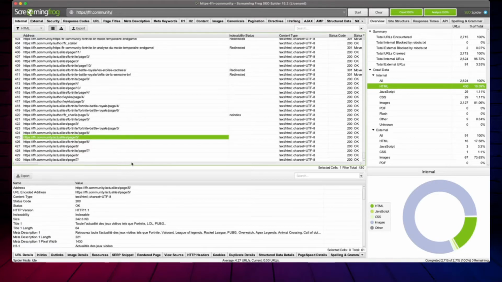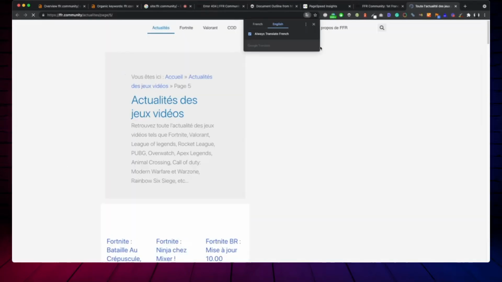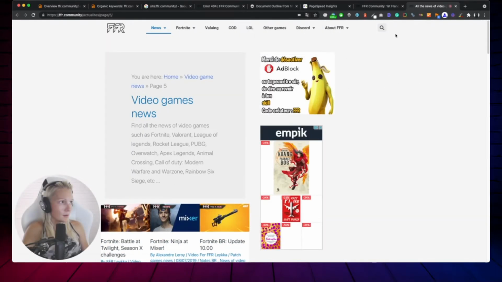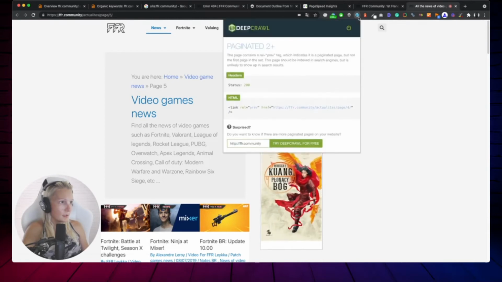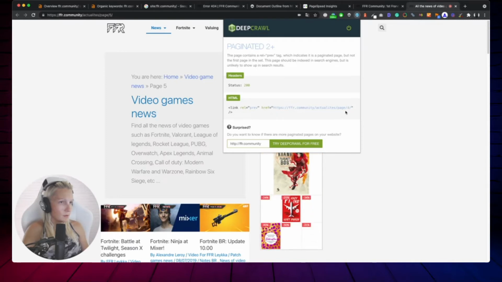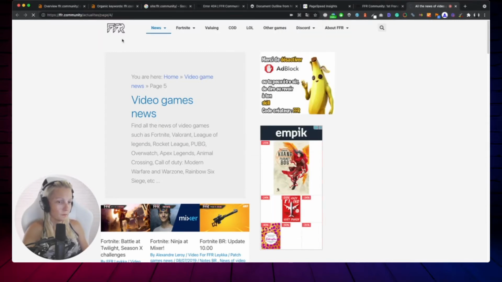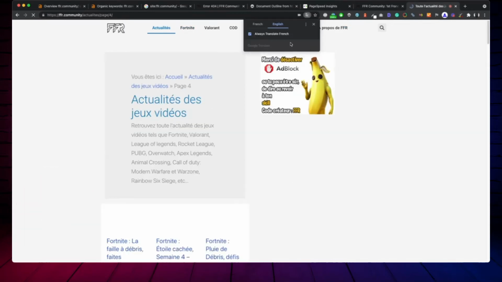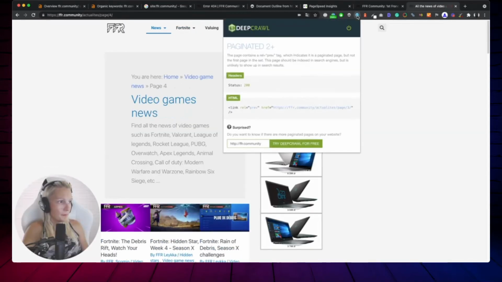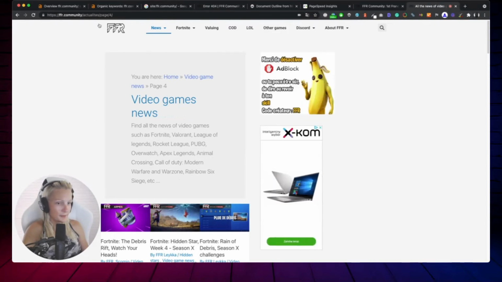They can be canonicalized to the first page, which would be kind of an ideal situation. Let's open this paginated page in Chrome, and let's see its canonical tag. Okay, so its canonical tag is to page 4. That's weird. I would prefer it to be to the page without pagination. So let's go to page 4, and let's see what the canonical tag is here. It's to page 3, so I don't think this is an ideal